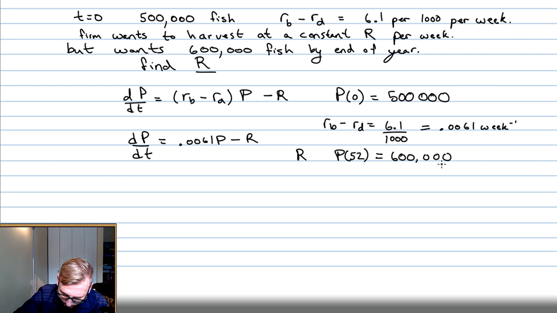We need the general solution, the non-homogeneous. Okay, so P prime minus 0.0061 p equals negative r. Okay, and we're going to take